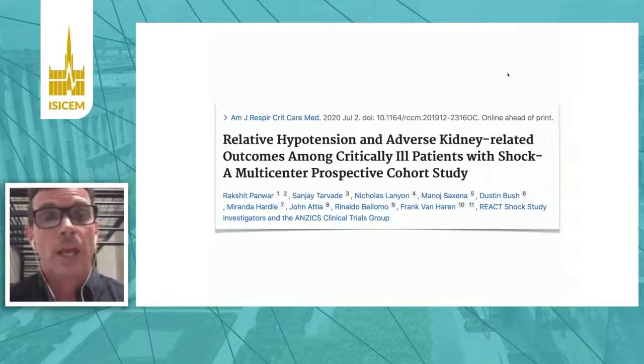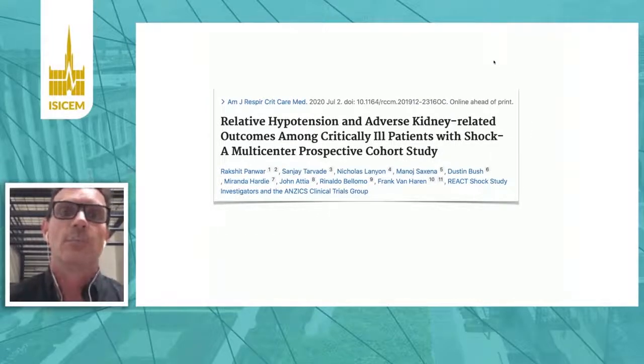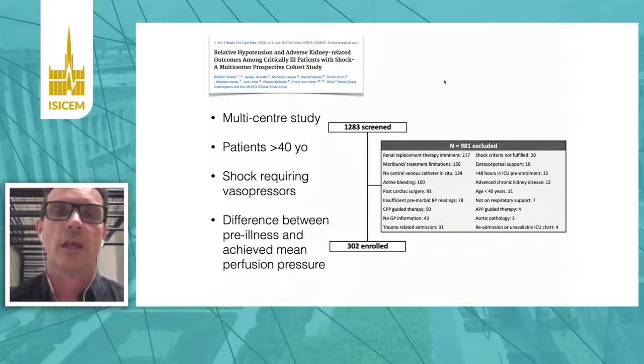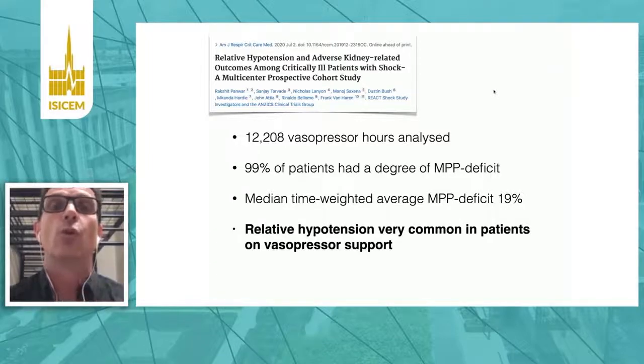And only just recently, we finished this study and it was just published in the Blue Journal, a much smaller multi-center study, pretty much looking at the same. So 300 patients over 40 years old, they all had shock requiring vasopressors, and we looked at the difference between the pre-illness mean perfusion pressure and the achieved mean perfusion pressure in intensive care, and the association with outcomes of that difference. So in total, we analyzed more than 12,000 vasopressor hours, and we found that almost all patients had